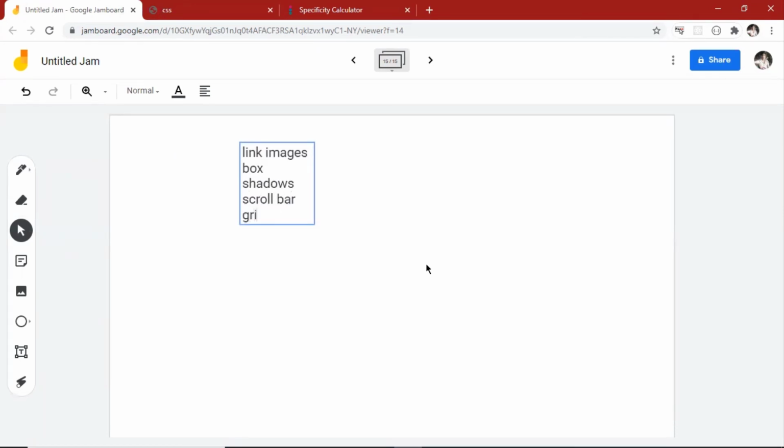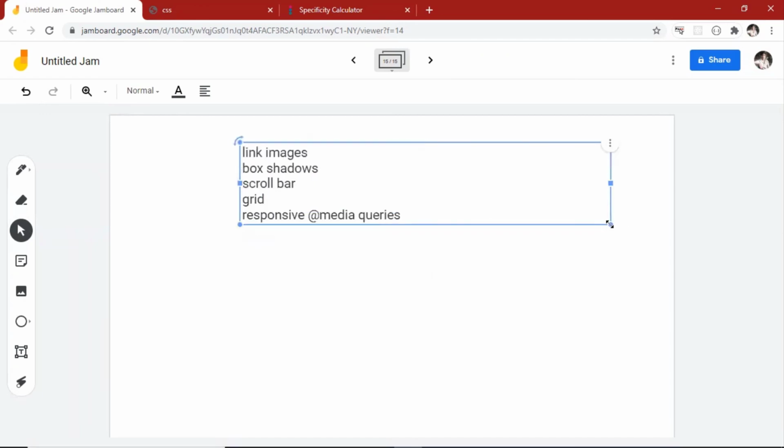There is grid. Fine. And there are some responsive properties, in the sense of giving a max width and max height, and media queries, as they are known basically. So there are many other things like this.